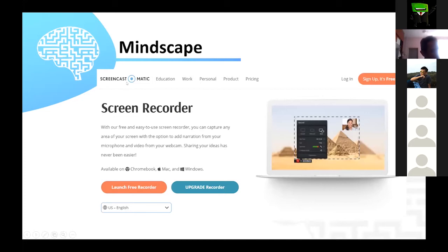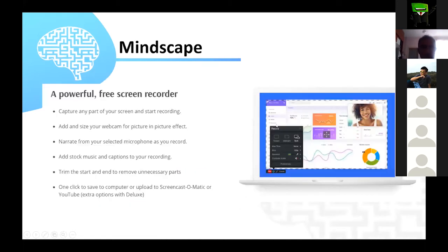Another one I can recommend is Screencast-O-Matic. I use this one also, but this one has a built-in editor in it, so that's very useful. Similar to FreeCam, you can drag which area you want to record, and you can just record. You can set the quality of your video. You can also set the maximum time.